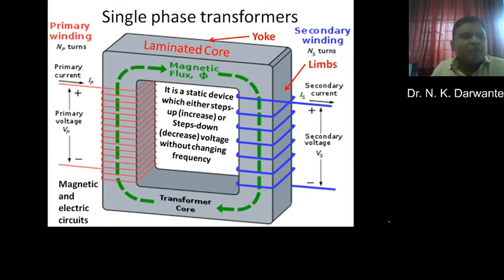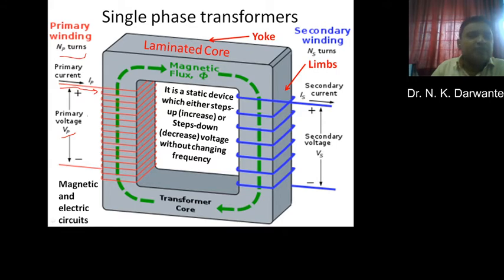On the primary side, we have to use a winding, and that winding is called the primary winding, denoted as NP. NP stands for the primary winding, and the primary winding decides how much voltage can circulate through it. The primary voltage is known as Vp, and the current circulating through the primary winding is known as Ip,